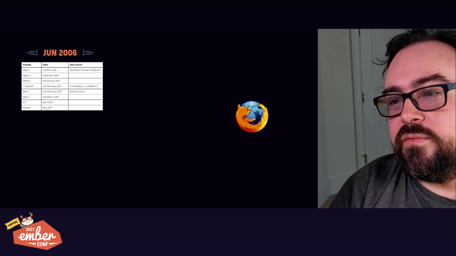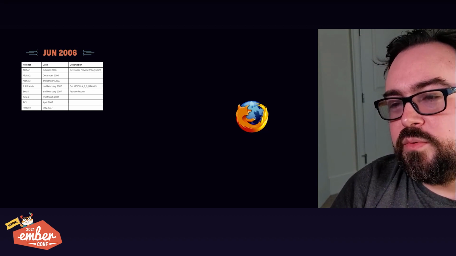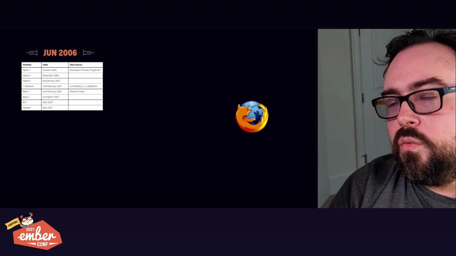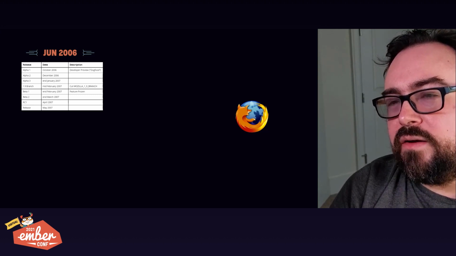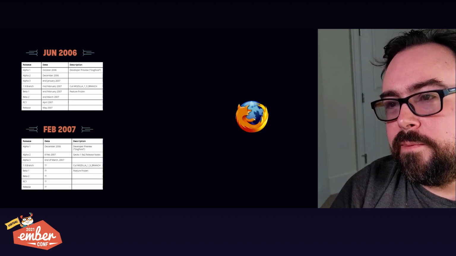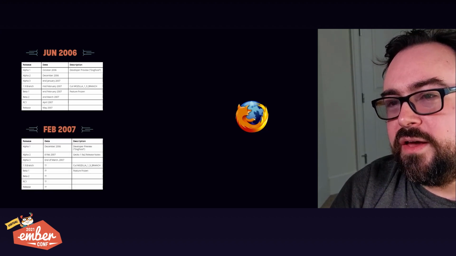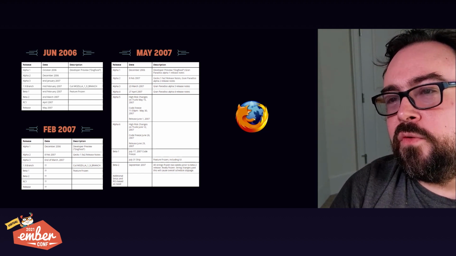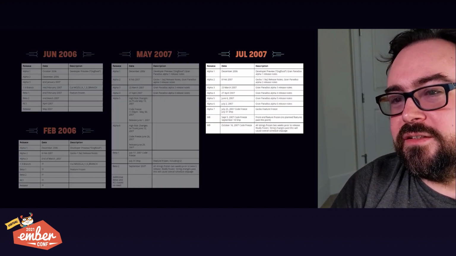We're going to take a look at the Firefox 3 release schedule, but this is pretty representative. It reminds me a lot of other software projects I worked on at the time. What you're looking at is a table that I got from the Firefox 3 planning wiki. Let's check in February. Whoops. Okay, let's check in again in May. Whoops. These tables are full of references to code freezes.